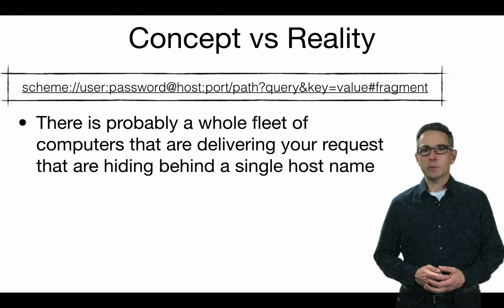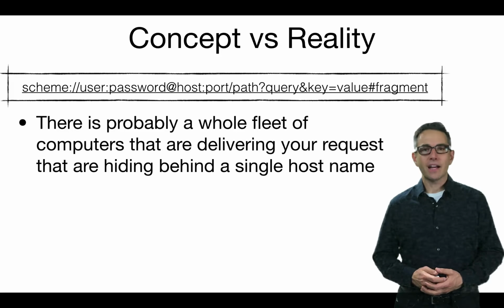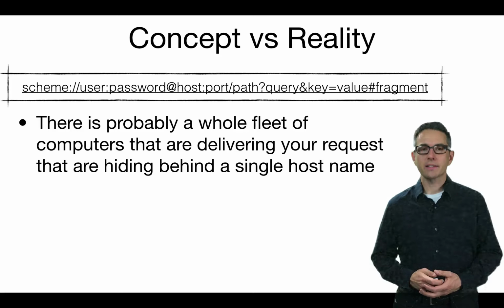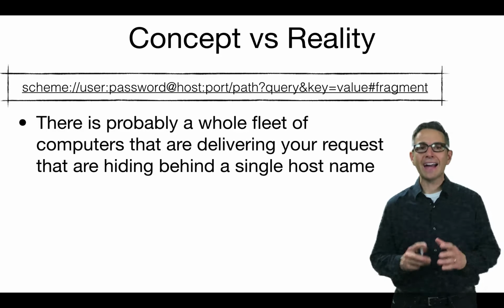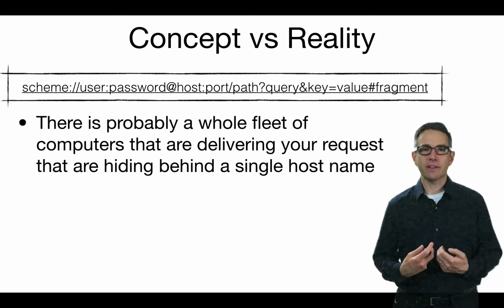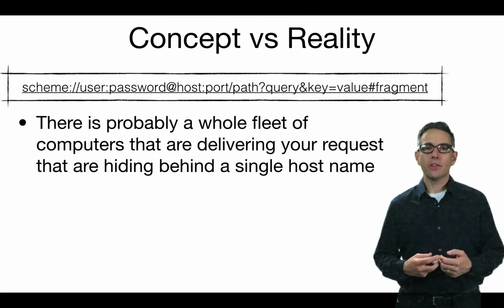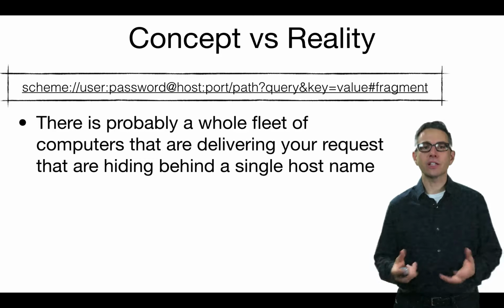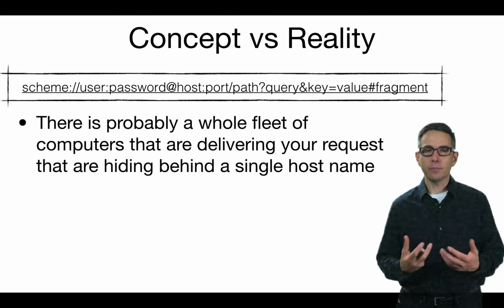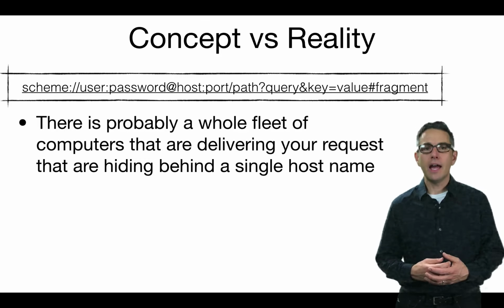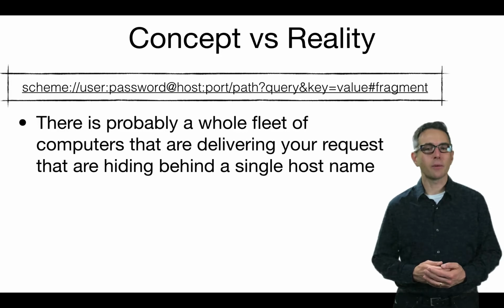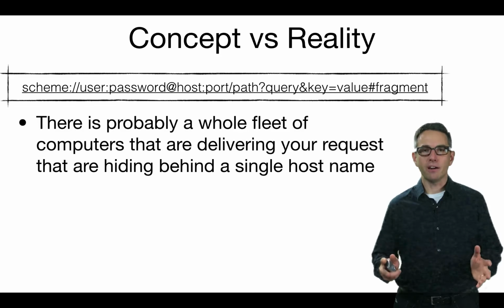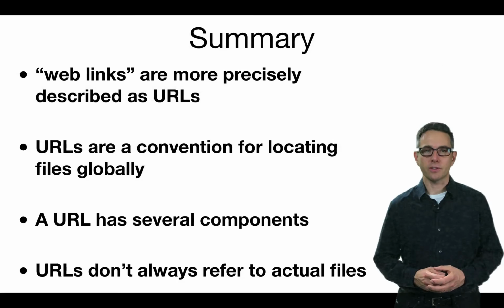One last thing about the difference between the concept and the reality. When you go to Amazon.com, that's not just one computer that's answering your request. It's actually a whole fleet of computers that are working together, acting as if they're one computer from your perspective as a user using a web browser. Those computers are all acting together to construct a web page on the fly, given the parameters that you've passed it in the URL, and delivering it back to you as if it was a single file on a document delivered by a single computer. All part of the magic of making the internet seem very simple to the user.